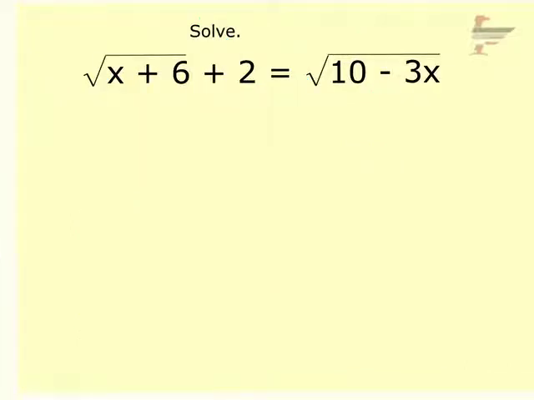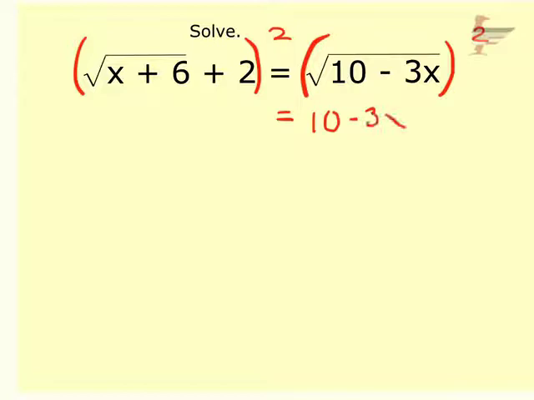Okay, last one. This is the big doozy. I cannot isolate my radical because I have 2 of them, and if I subtract this 2 over, then that radical is not isolated. So because I can't do that step, I have no choice at this point but to just square both sides. So the right hand side is nice and easy because that just cancels out. The left hand side is not so easy because that means I have to FOIL out this craziness